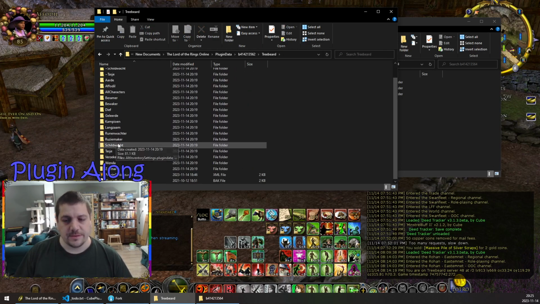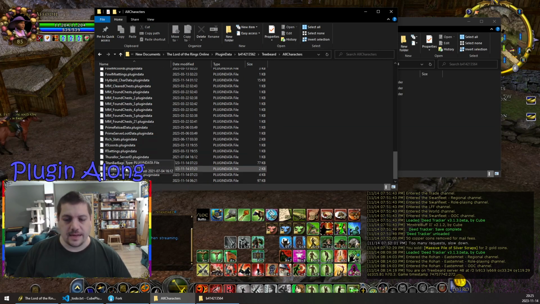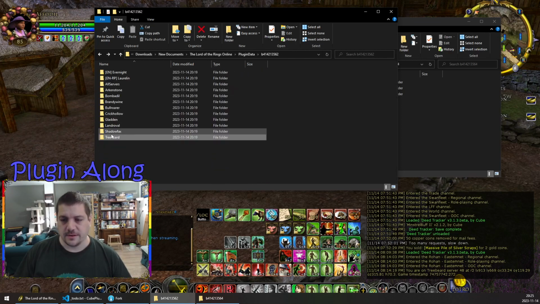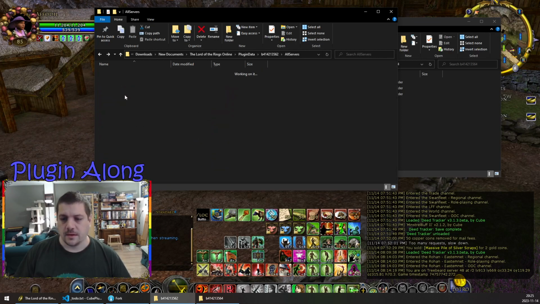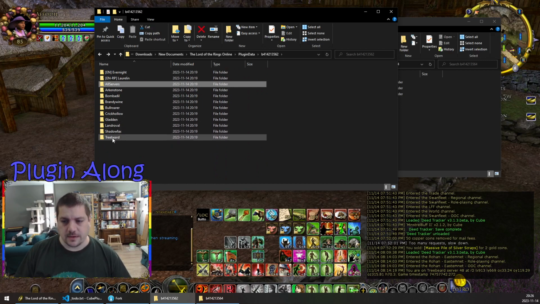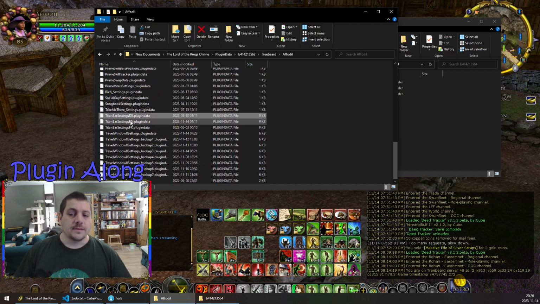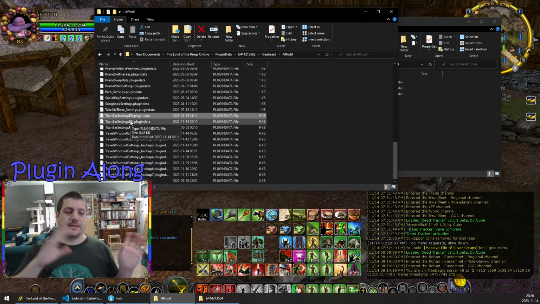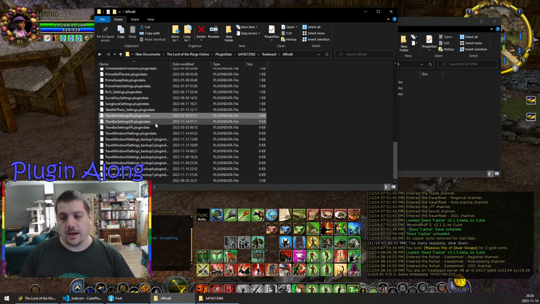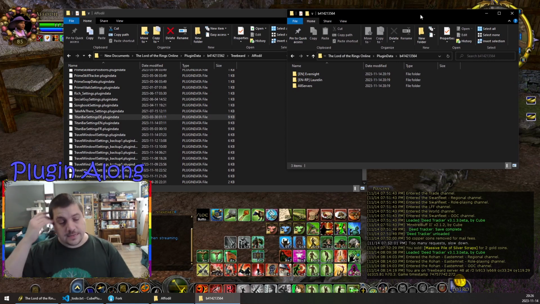If I come on in here to Treebeard and go to all characters, is there also a travel window? There is not, but there is Titan bar stuff. That's another good example. Okay, so there's Titan bar at the all servers level. There's Titan bar at the all characters level. And is there Titan bar? Yeah, okay. So Titan bar is a great example of a plugin that makes use of all three of those levels, account-wide, server-wide, and character-specific. So if you're cloning a Titan bar configuration between two of these accounts, you want to make sure to get